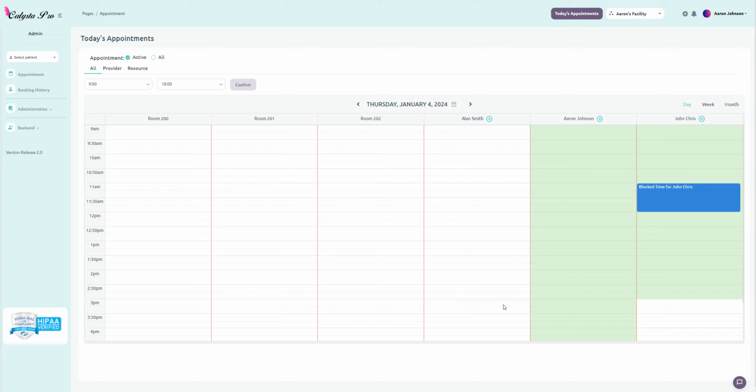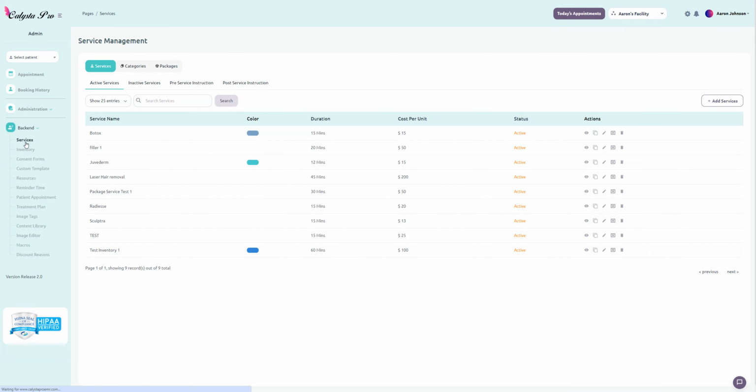In this video, I'm going to show you how to add services and consent forms. So to add services, first go to backend and then services here. Before you actually add the service though, you'll first need to add a service category, which can be done via